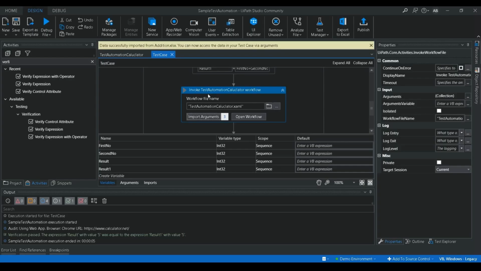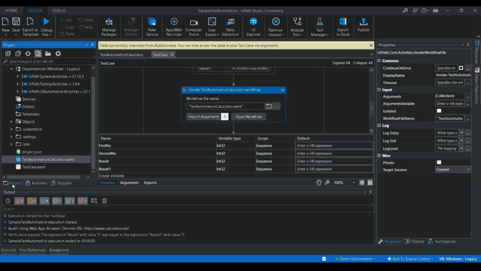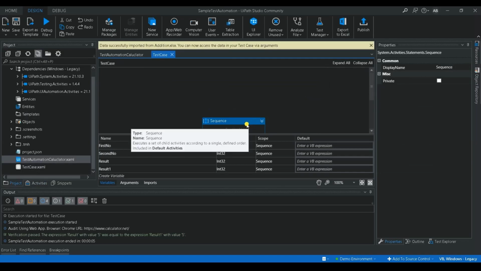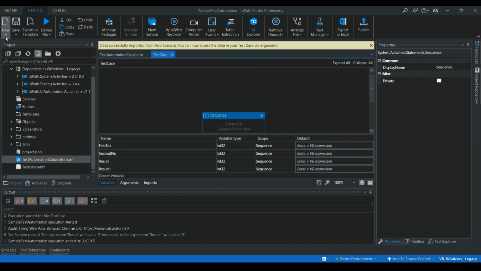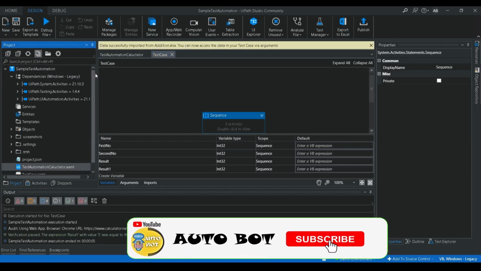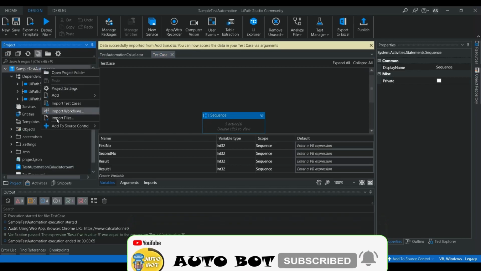Okay, so I hope that is clear. So now what I'm going to do is, this is one plain test case, right? So there is no framework kind of architecture for this test case. If I want to create a new test case, just click on this, create a new test case, or even by right clicking on the project you can do that. Right click,